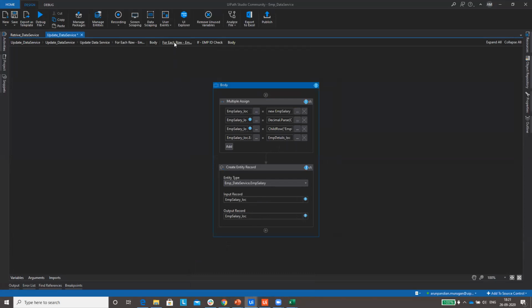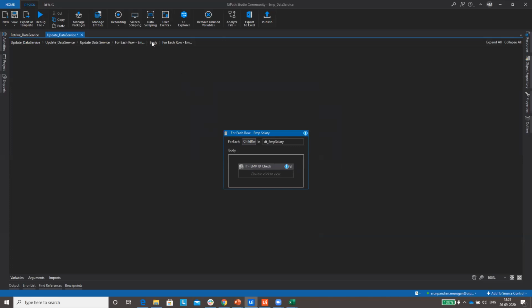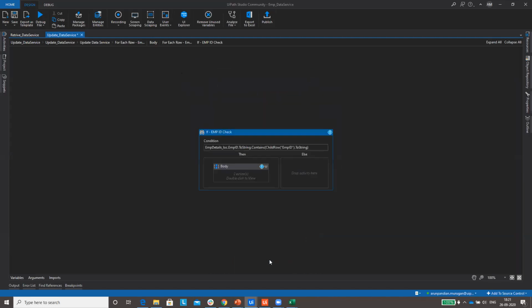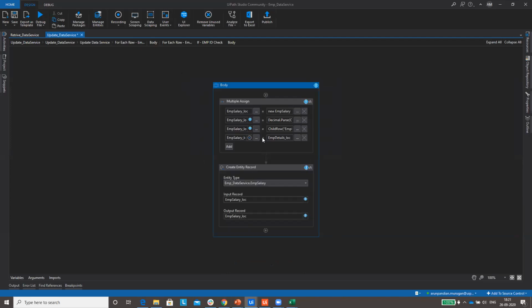So the previous entity's output object will be used by the next entity while we are creating a relationship. See here, emp salary, local dot emp id. We are not passing any employee ID there.